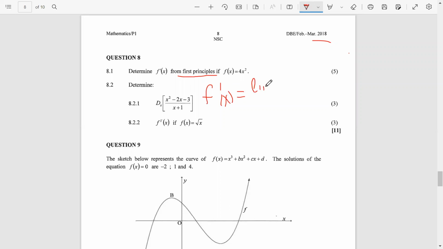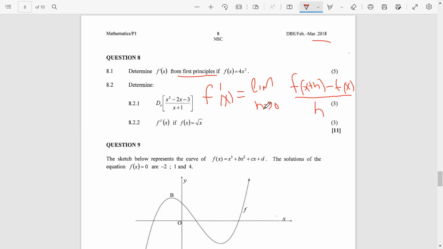limit as h approaches 0, whereby you have to take your f of x plus h minus your f of x, and this is all over h. So I believe this looks familiar. Remember that obviously h cannot be 0. So it means you cannot substitute